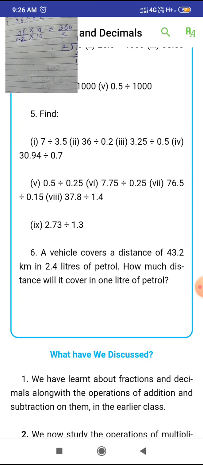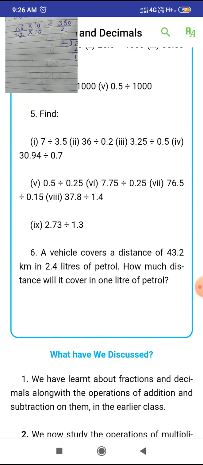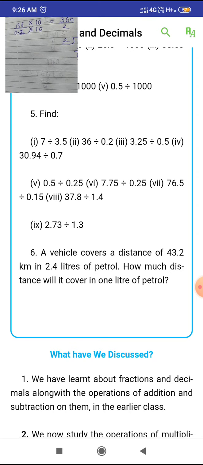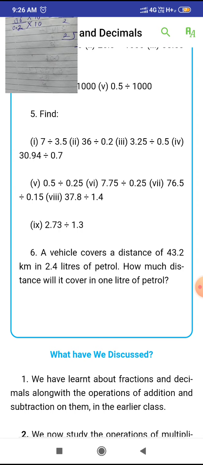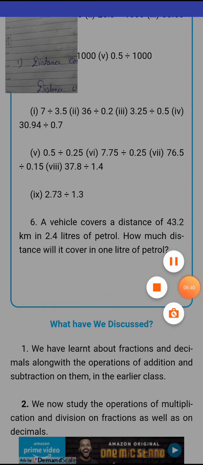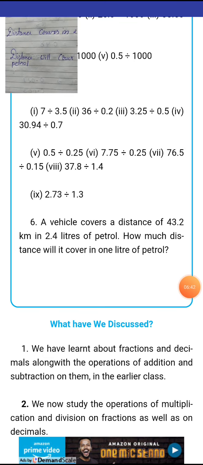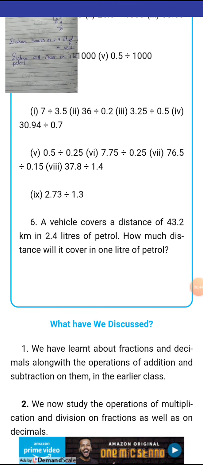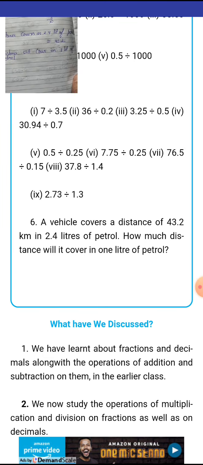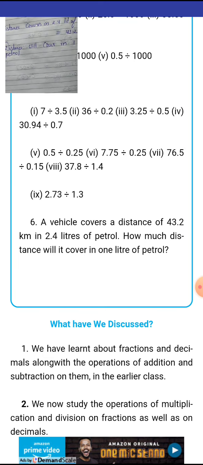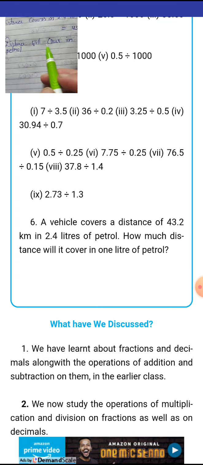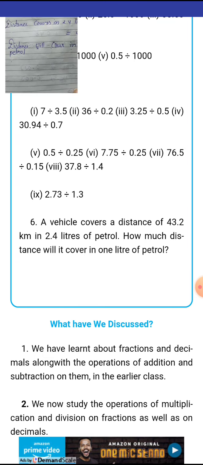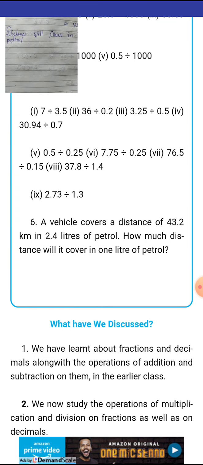Now move to our last question, and the last question is a vehicle covers a distance of 43.2 km in 2.4 liters of petrol. How much distance will it cover in 1 liter of petrol? For solving this question, first we write the distance covered in 2.4 liters of petrol and it is 43.2 km. Then we write the distance it will cover in 1 liter of petrol. For this we divide